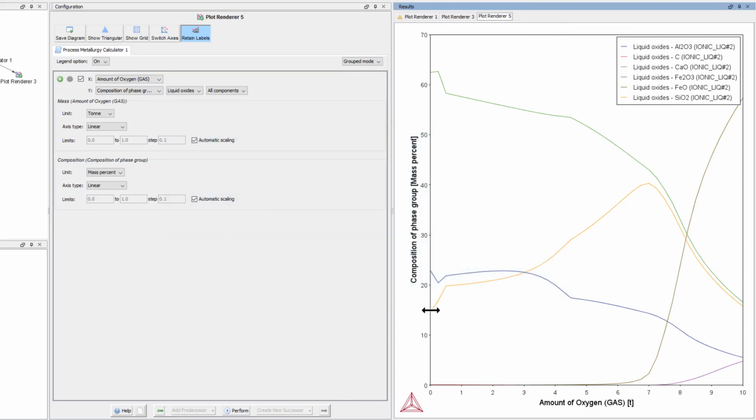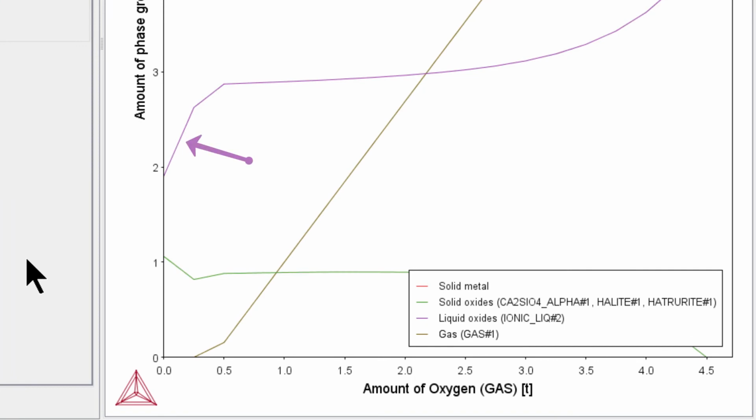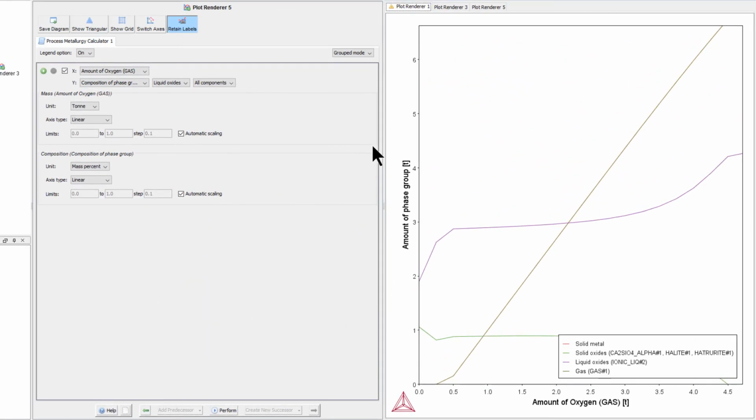At first, the silicon dioxide content of the slag rises sharply. This is due to the initial oxidation of the silicon dissolved in the hot metal. The silicon dioxide that is formed combines with the slag and increases its silicon dioxide content. This increased silicon dioxide content reduces the liquidus temperature of the slag and thereby, as we can see in the first plot we made, increases the amount of liquid slag and reduces the amount of solid oxides. This is also exactly what happens in reality.